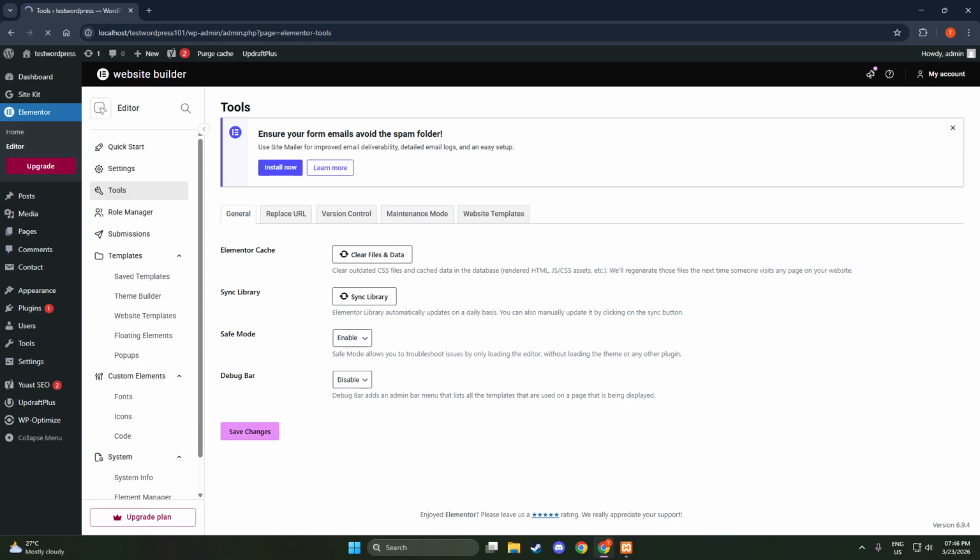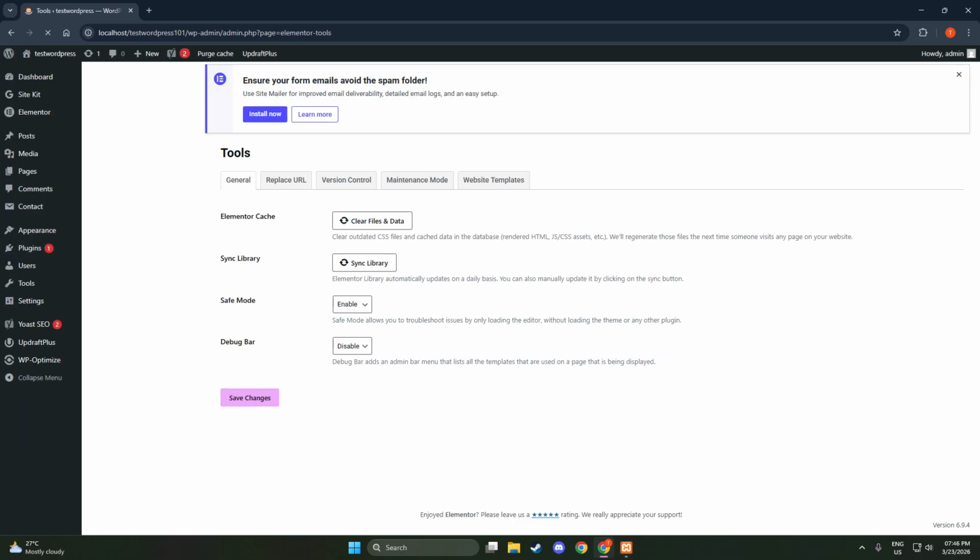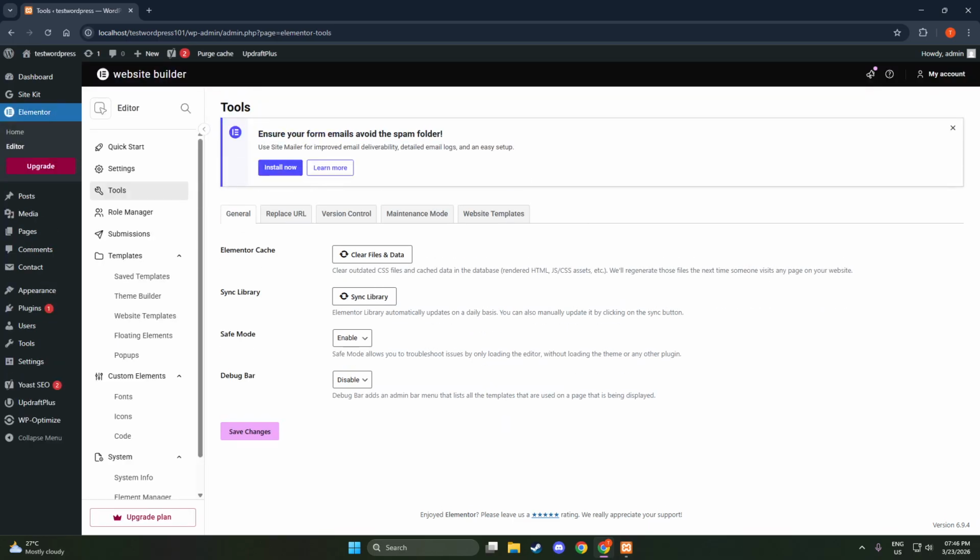Now save your selection. Click Save Changes to apply Safe Mode. This step is essential. If you navigate away without saving, the setting won't take effect. Once saved, open any page with the Edit with Elementor button to test. If the editor now loads smoothly, that's a strong signal that a theme or plugin conflict may be behind your issue. You can proceed with your troubleshooting inside this safer environment, confident that your audience is still seeing the site as normal.